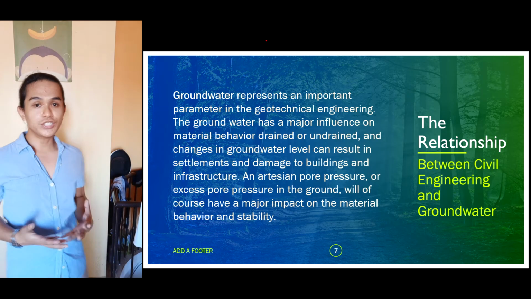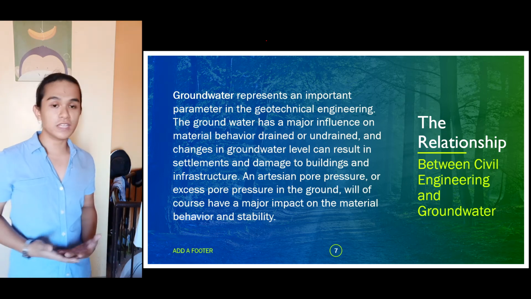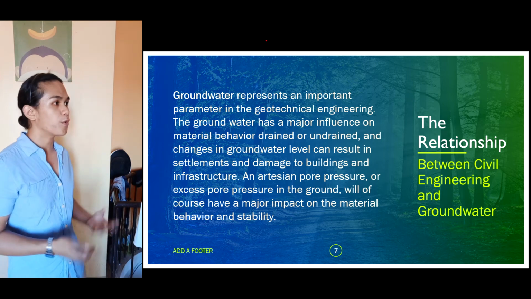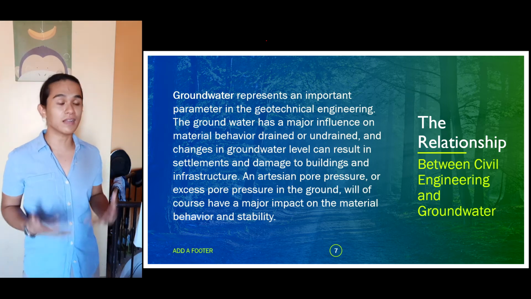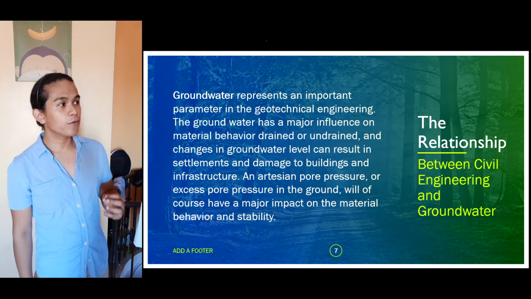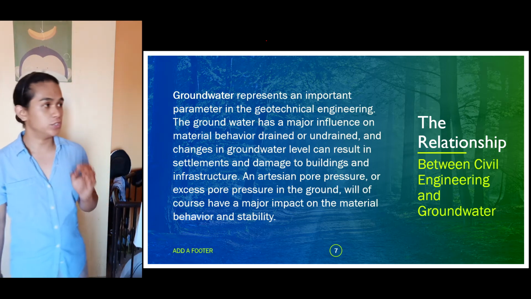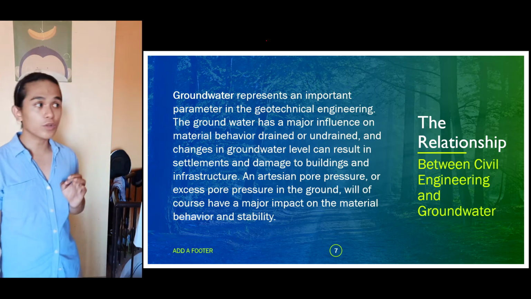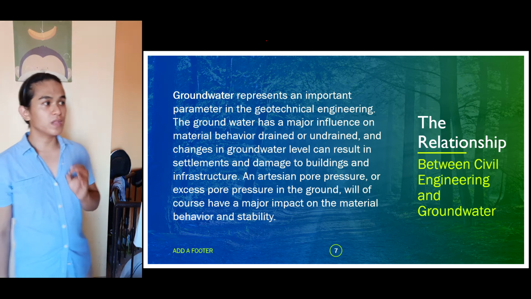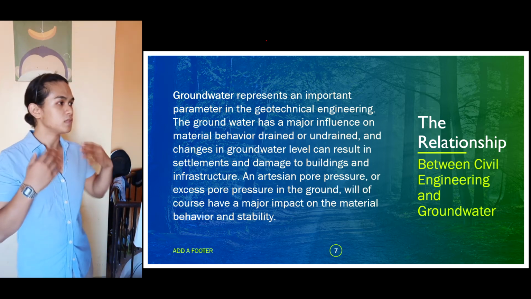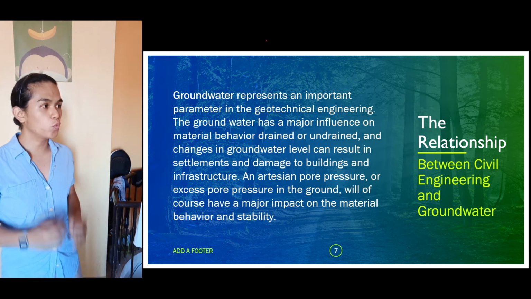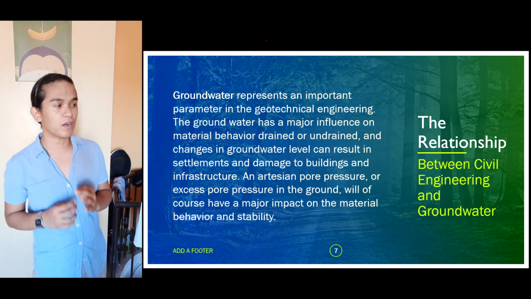So, the relationship between civil engineering and groundwater. Groundwater represents an important parameter in geotechnical engineering. Groundwater has a major influence on material behavior, drained or undrained, and changes in groundwater level can result in settlements and damage to buildings and infrastructure. An artesian pore pressure or excess pore pressure in the ground will of course have a major impact on material behavior